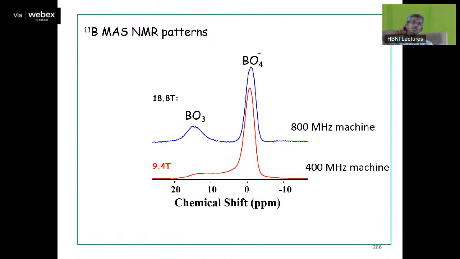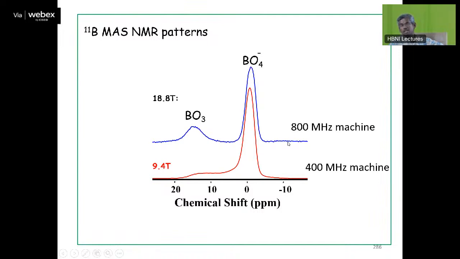So typically you see in the boron NMR, BO4, which is nothing but the tetrahedrally coordinated boron, has a relatively sharp peak and it is more intense compared to boron in a trigonal configuration. You can see here the intensity is very weak. But one more thing you can see here, BO3 and BO3,